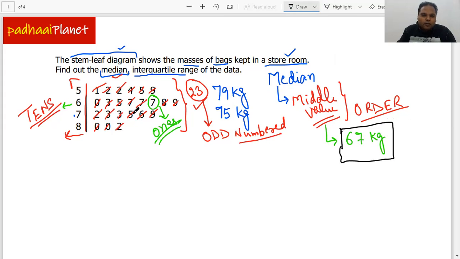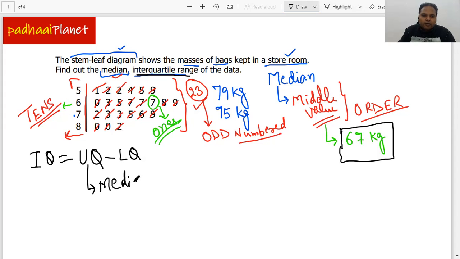Now, what we need to now find is interquartile range. Now, interquartile range is equal to upper quartile minus lower quartile. So now we need to find out the upper quartile. Now, upper quartile is basically nothing but the median of the second group,